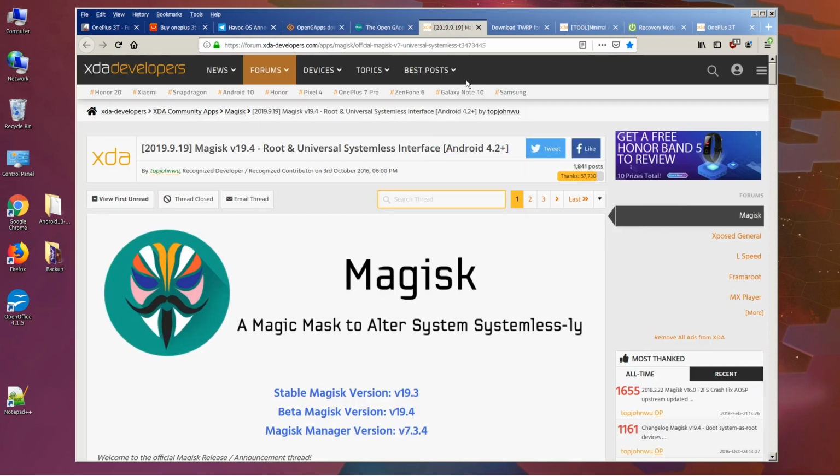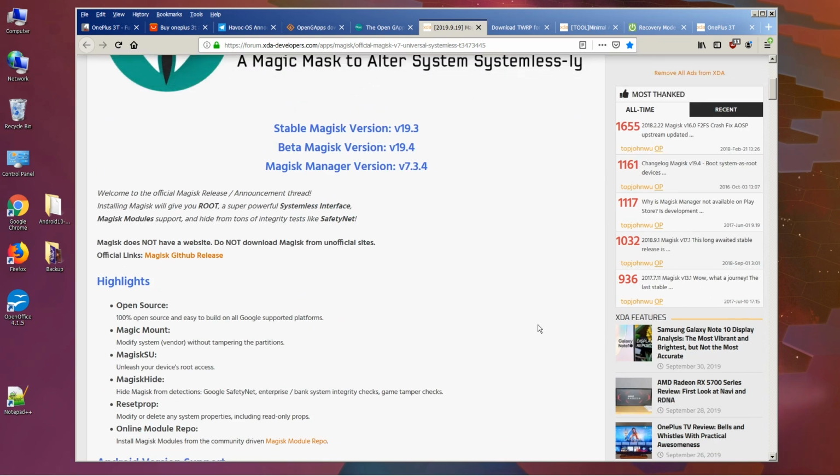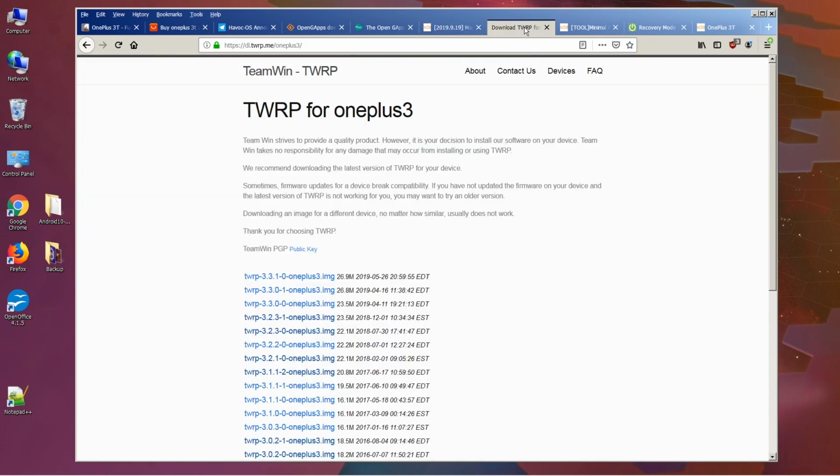The next thing you want to do is to root your phone. I will do a step-by-step instruction in this video, so don't worry. We will install root and Magisk and TWRP together. We are using the latest TWRP version 3.3.1,